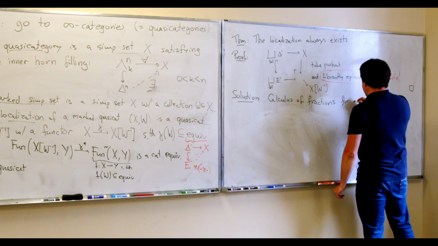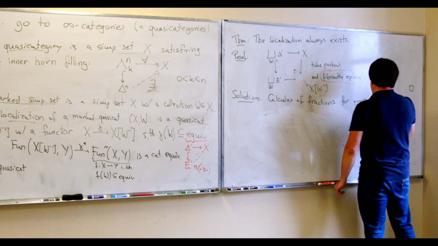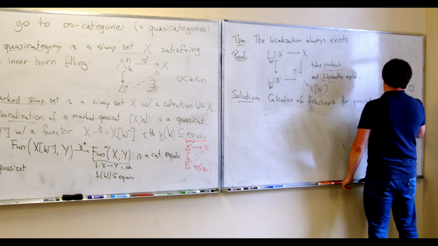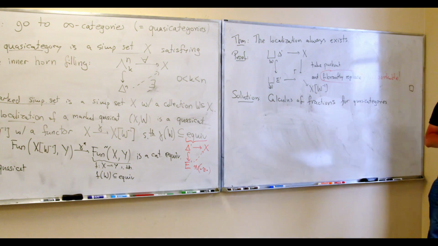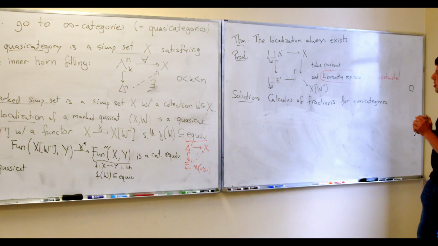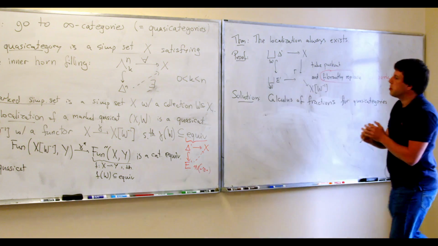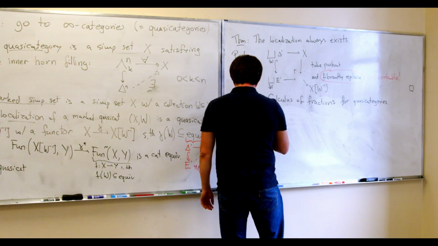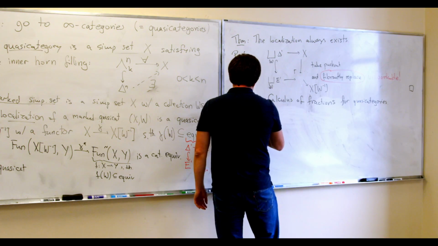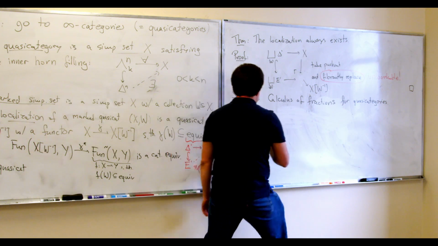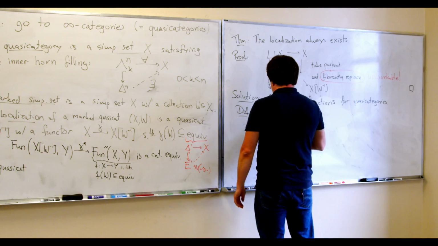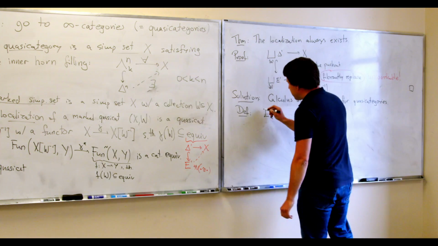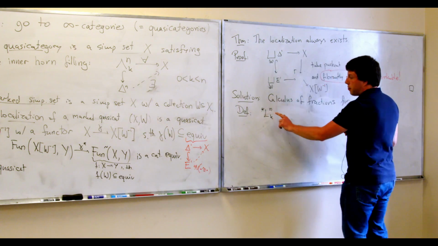For quasi-categories. So somehow all those solutions were forced on me. So before I tell you what calculus of fractions is, I need to define an intermediate object. So we're going to define two simplicial sets. In fact, infinitely many. They will be indexed by some numbers. So first we're going to define this.